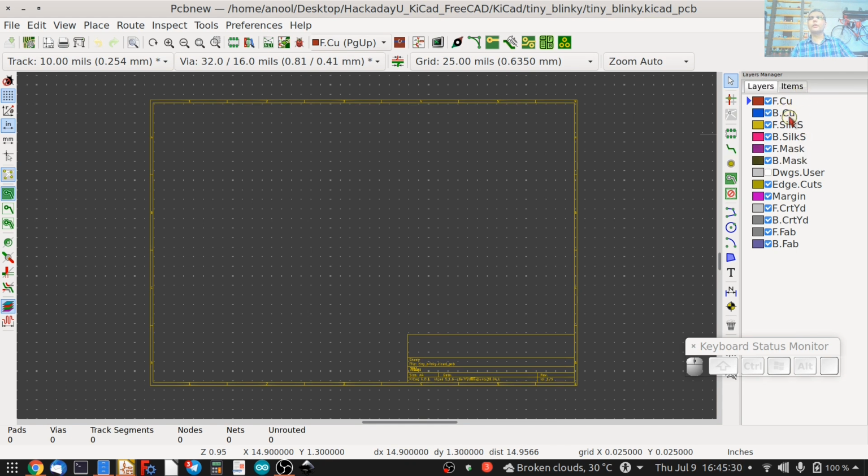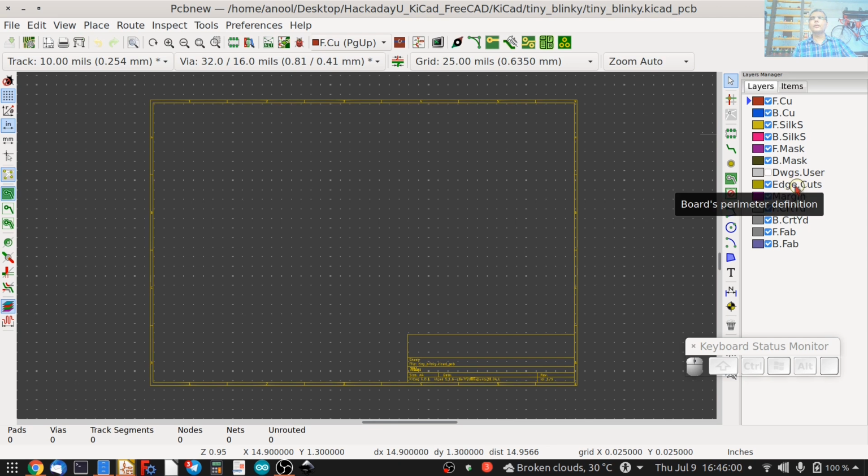So from the top, we have front copper and bottom copper. These are the two copper layers. Then there are the two silk layers, front and back. Then there are the two mask layers, front and back. These are the technical layers. Then there's a drawing layer where you can add some elements like dimensions, for example, or special notes that need to be added just for your reference. But this is not something that you would send to a fabrication facility for making your PCB.